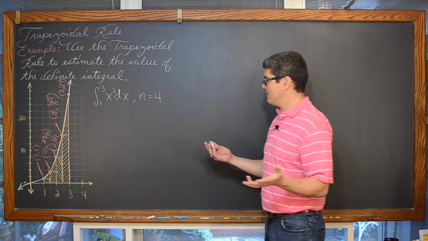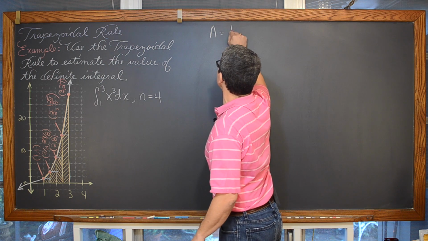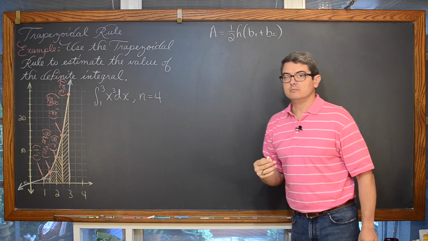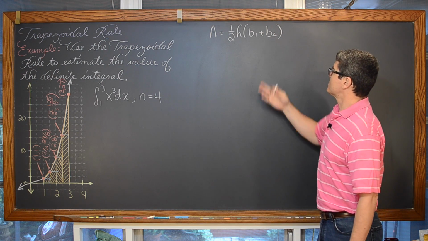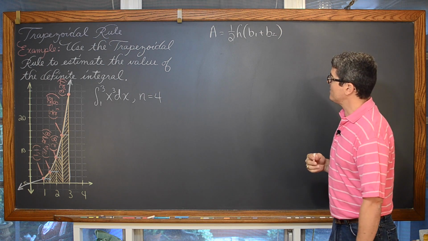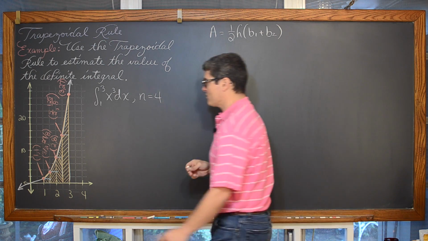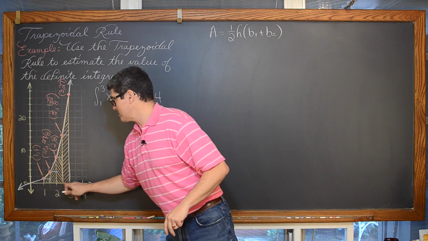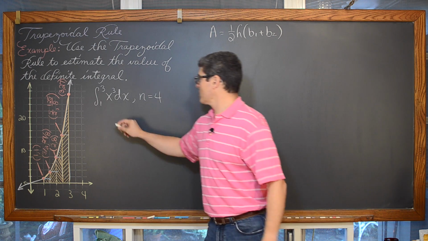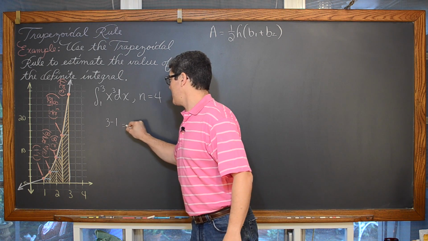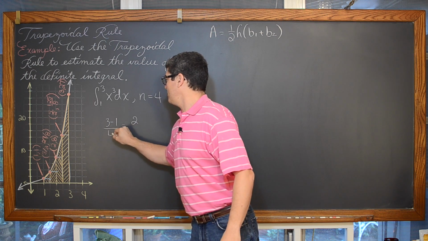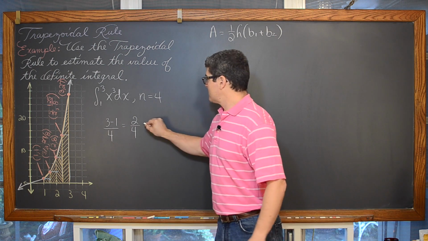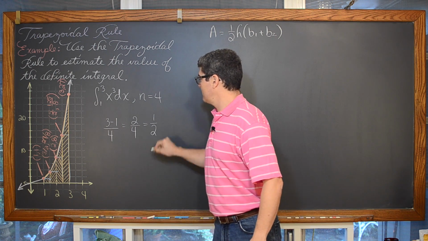Well, how do you find the area of a trapezoid? The area of a trapezoid from geometry is 1/2 the height times base 1 plus base 2. In other words, it's the height times the average of the 2 bases. Because we are going to estimate the definite integral from 1 to 3, that's 2 units along the number line, 3 minus 1 is 2. We're going to take that length of 2 and divide it into 4 subintervals, all even. And so we're looking at trapezoids that all have a height of 1/2.